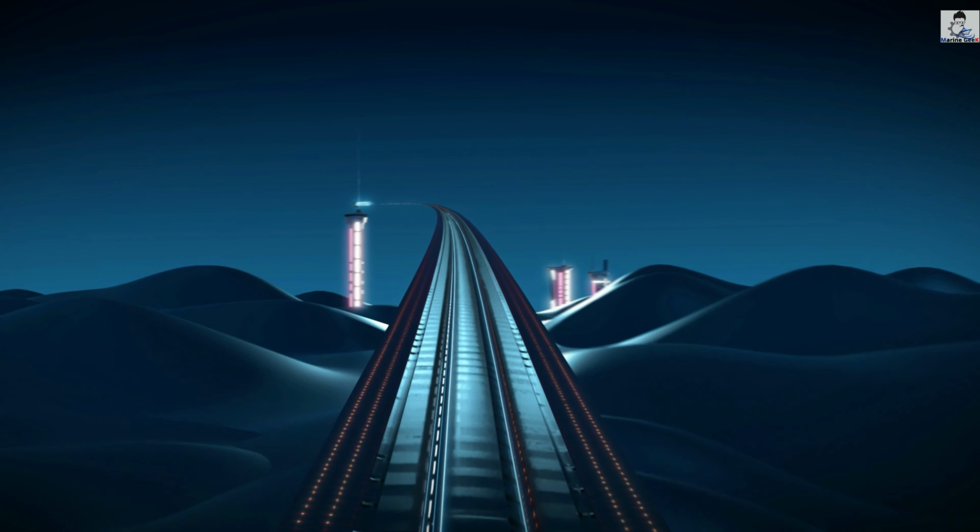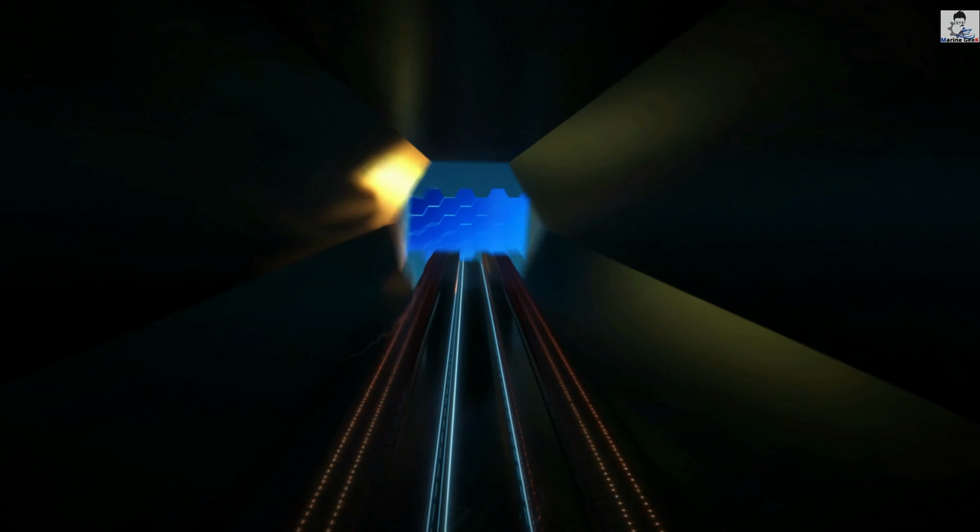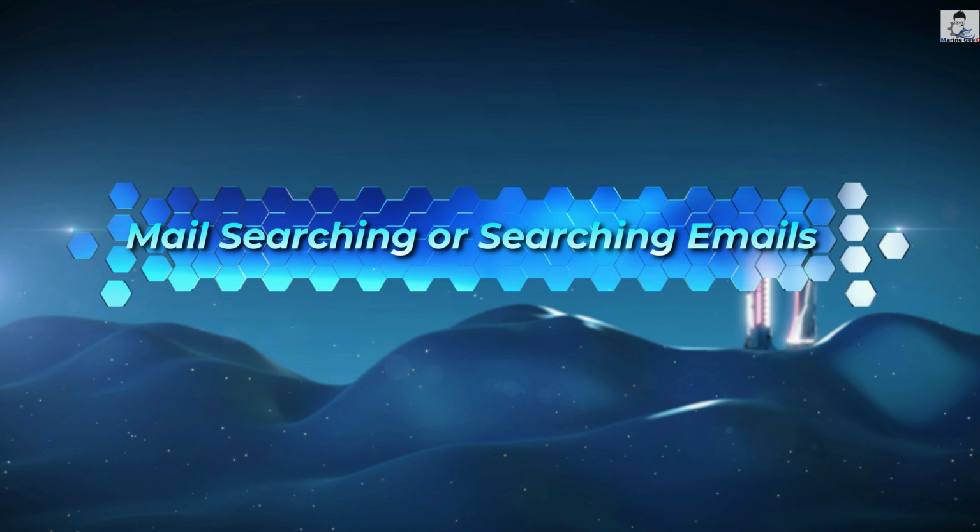So the next topic for this Outlook video is mail searching, or searching emails, and we all know there are two methods, simple and advanced search. So we will look into the simple search first. Over here you just click the search tab, and the search tool comes up in the top menu, but we will look at that a bit later. On the right hand side of your search tab, you will be able to see there are many options.